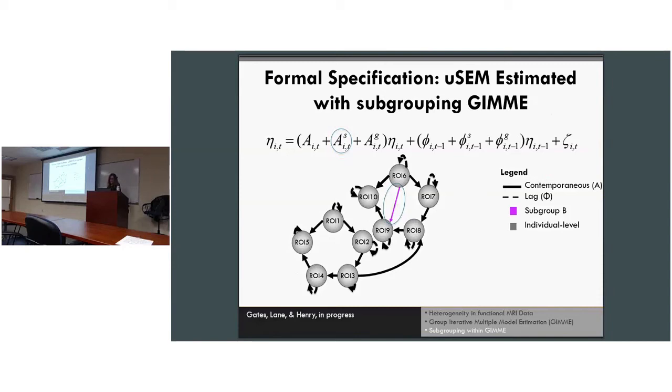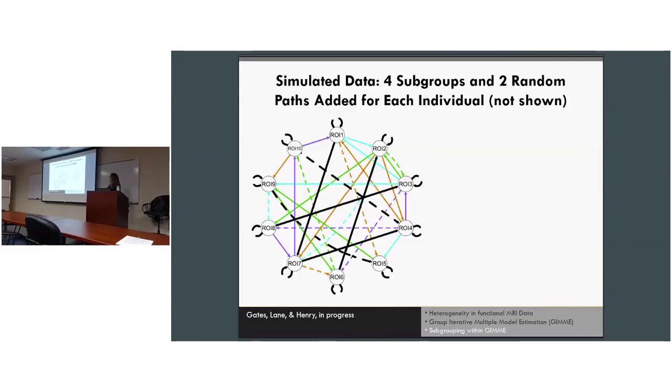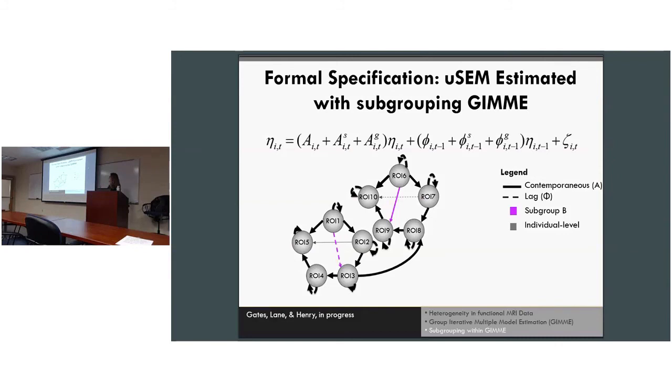And then this is for the lagged effects. Same pattern: these are the subgroup effects with the individual level estimates. And then we finally have our individual level effects, which the structure of these matrices will vary across. And so that's kind of formally the whole model. And so I just randomly showed subgroup B here, but we could have easily shown any subgroup.